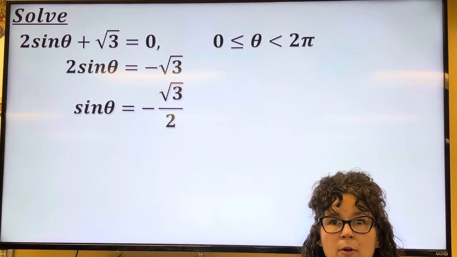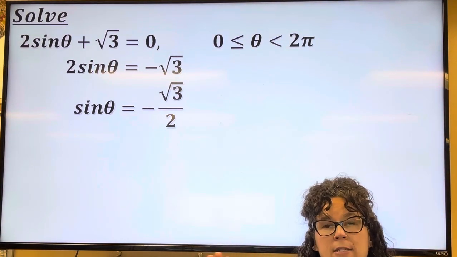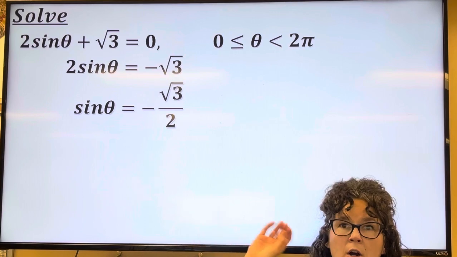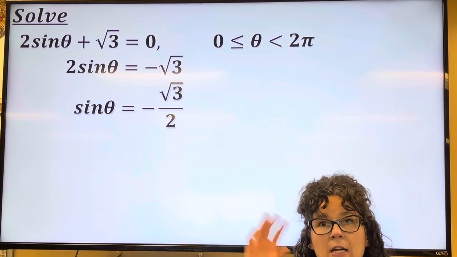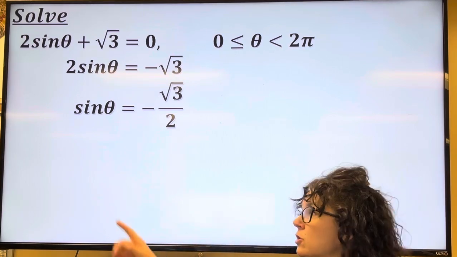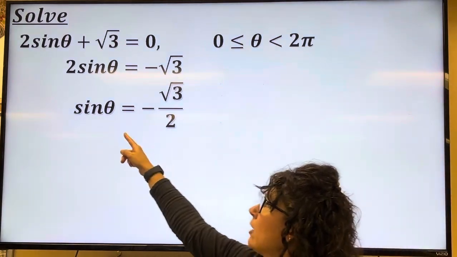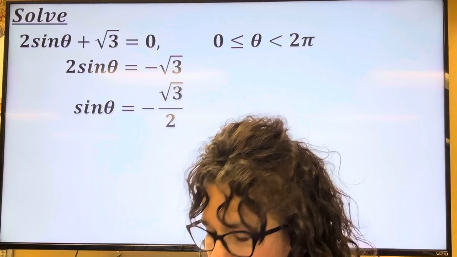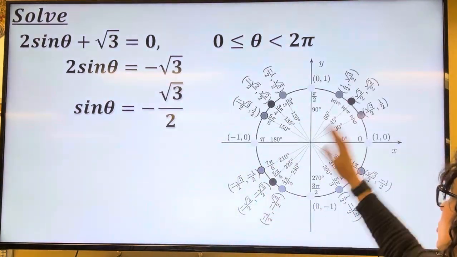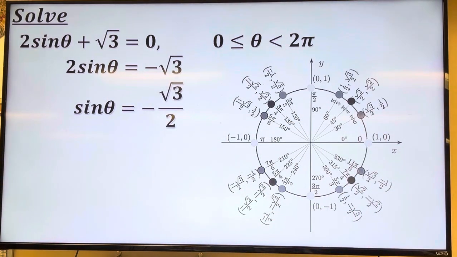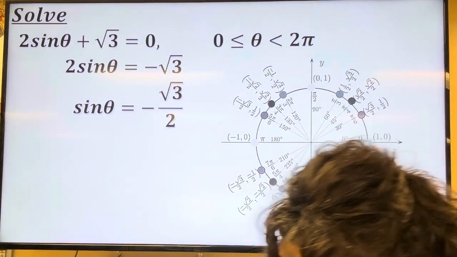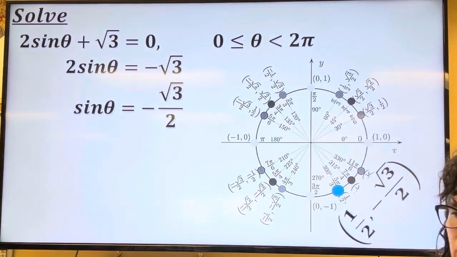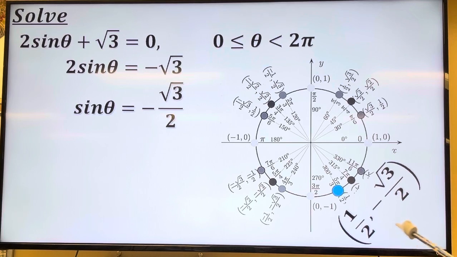Now we want to remember that on a unit circle, all points on the unit circle are the cosine of theta, comma, the sine of theta. So what this really means is what angle measure has a y-coordinate of negative root 3 over 2. Take a look on your unit circle, looking for where the y-coordinate is negative square root of 3 over 2, and that happens here